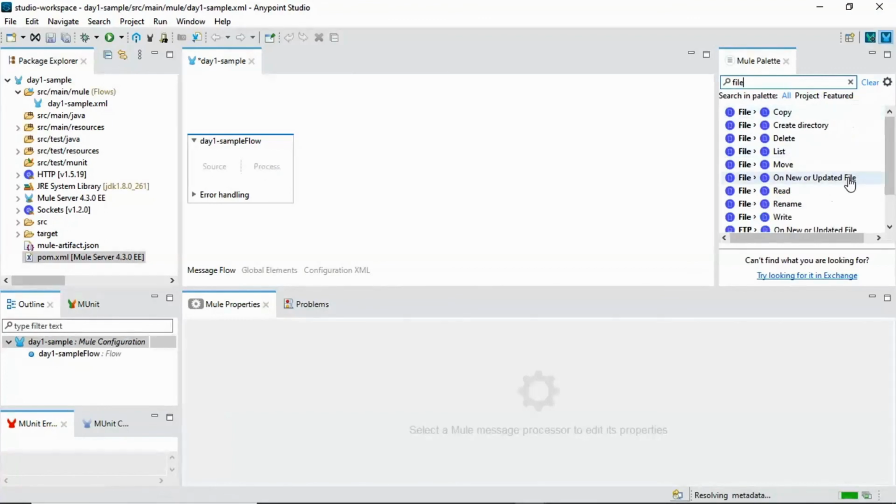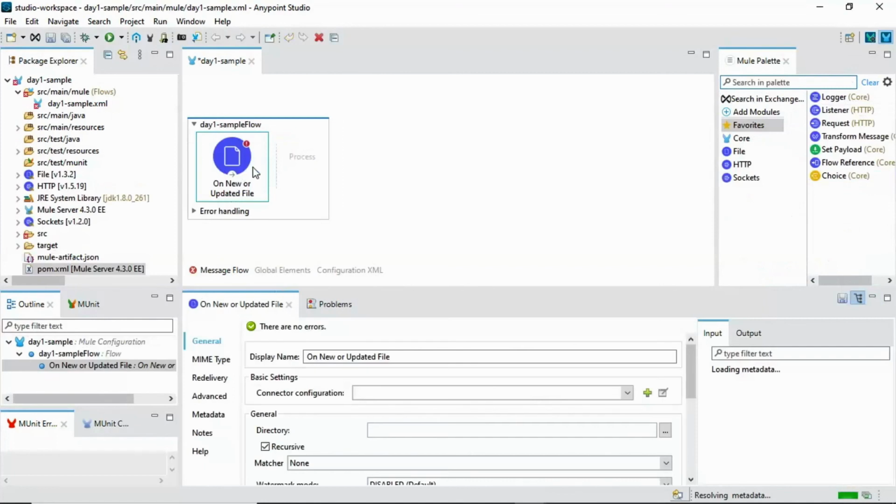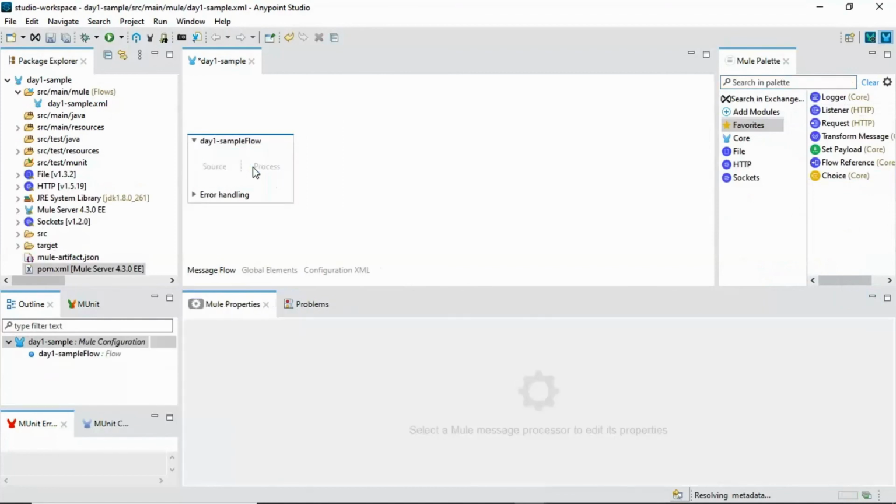The source is a triggering point. When any trigger happens on any event, such as on new file or upload file, it's also an event. So if you drop an event source into process, it will not allow you to drop it because it is a beginning event or a starting event.